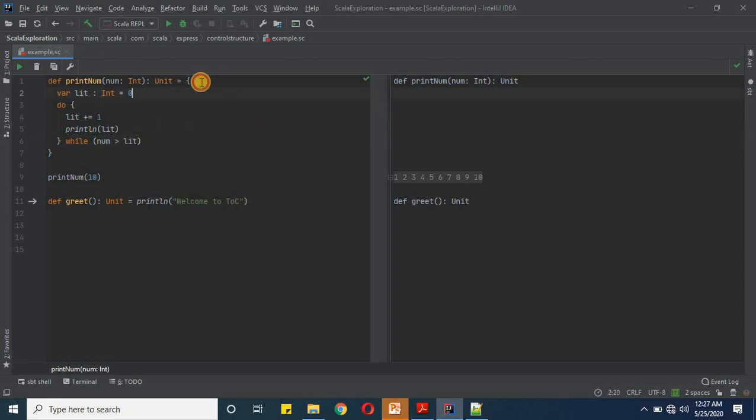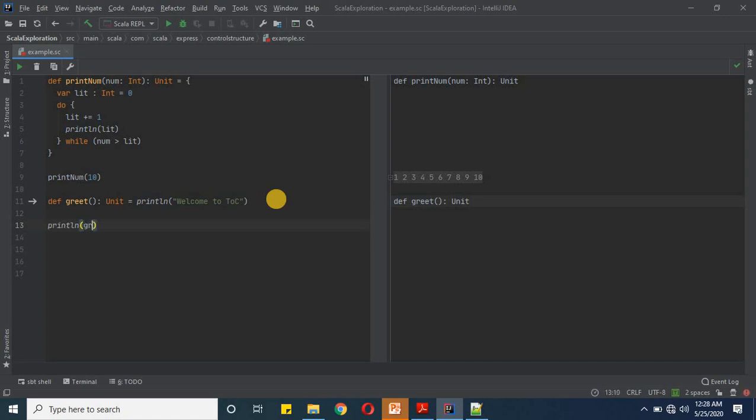Now if you see, the return type of our method was unit. I have written this example to give you a better understanding of the unit type. Unlike Java, in Scala we can even do an equality check on the unit type, and now we will see how we can perform that.